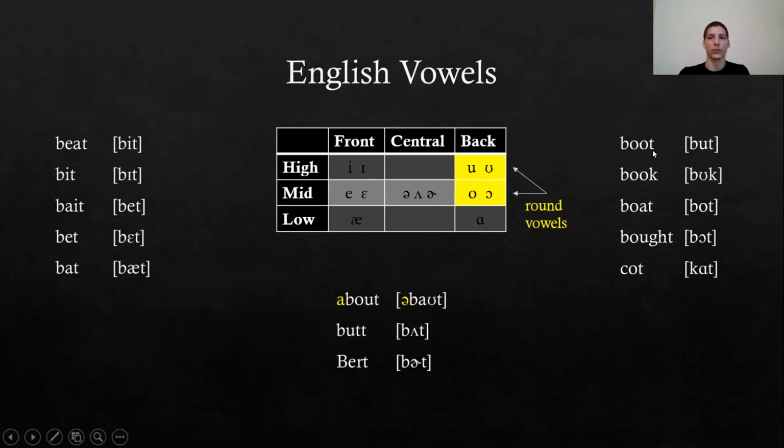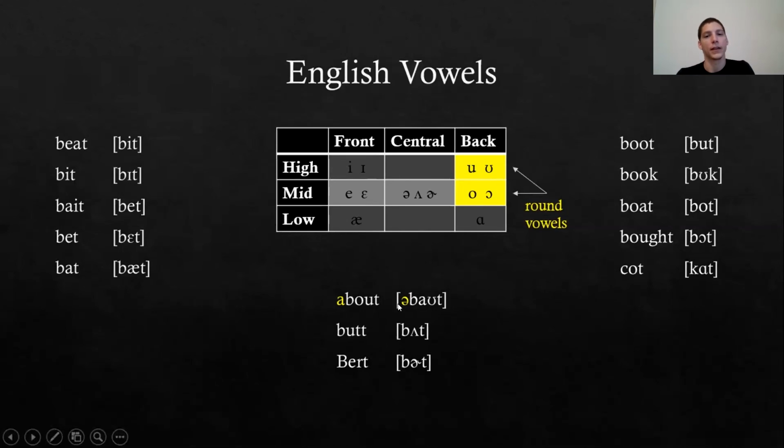Then we have back vowels: boot, book, boat, bought, and caught. So all of those are back, and then these, oo, o, and aw, are rounded. Ah is not. So these are the vowels that are either all the way at the front or all the way at the back,